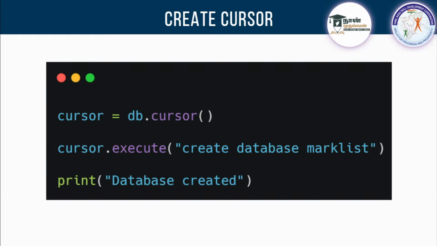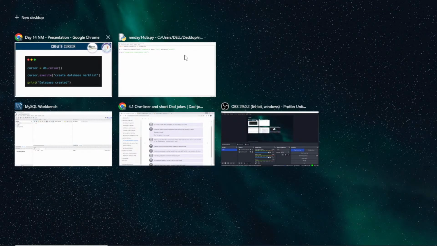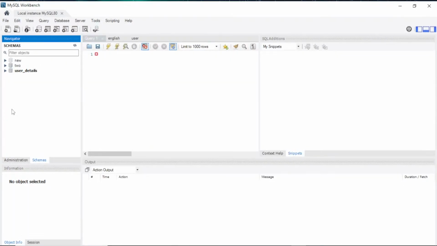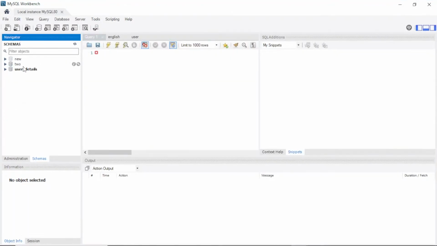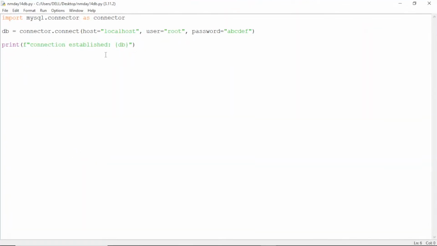Can we try it? So what I'm going to do, see here, where is my database? We are having a database in the name new_user_details, right? Now I'm going to create a database in the name mark list. So I'm going to do it with Python. Now connection is established, right? So I'm going to create a cursor first. Cursor is equal to db.cursor. This will be a cursor, and using this cursor I'm going to execute a command which is